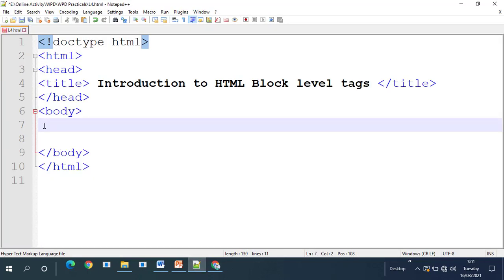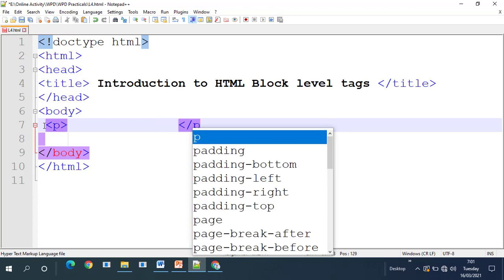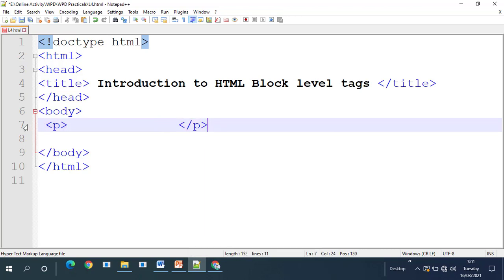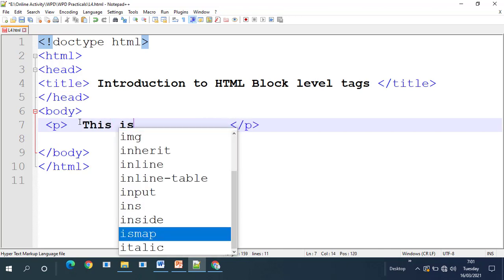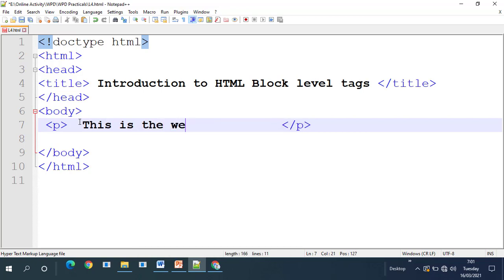Now the next element is the P tag. P tag is used to start the paragraph on a web page. For that we are using the opening P tag and closing P tag, and we are providing the content of the paragraph in between the opening and closing P tag. Now here I want to provide the text as this is the web page